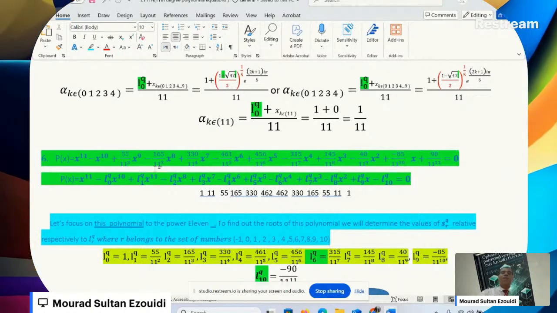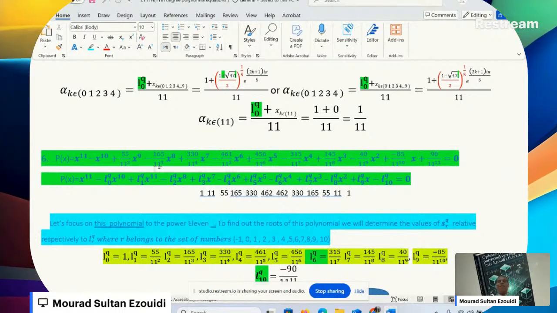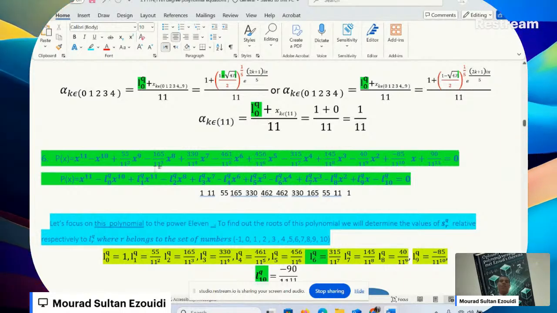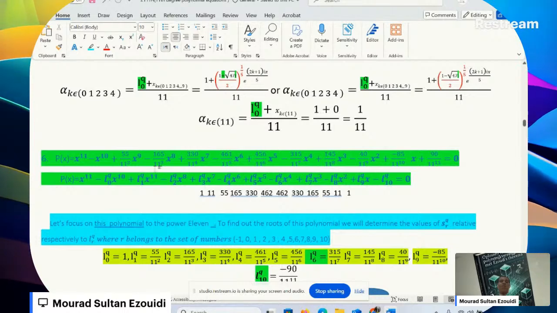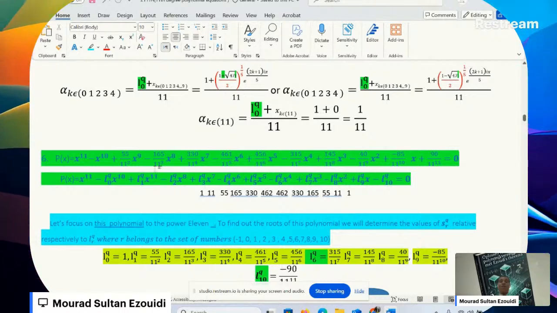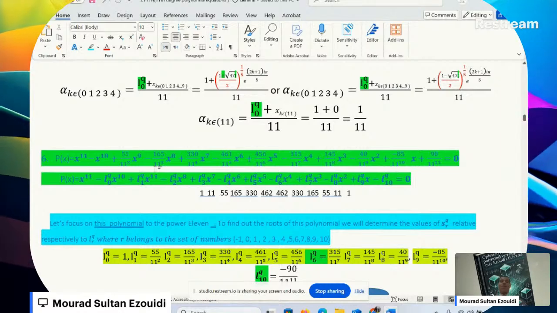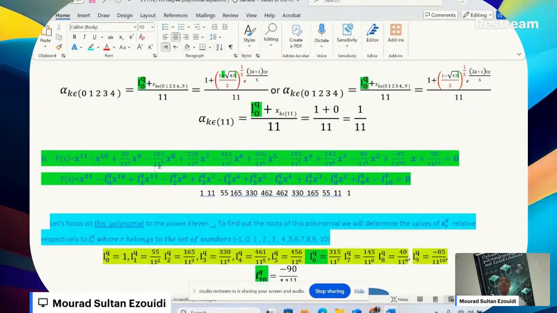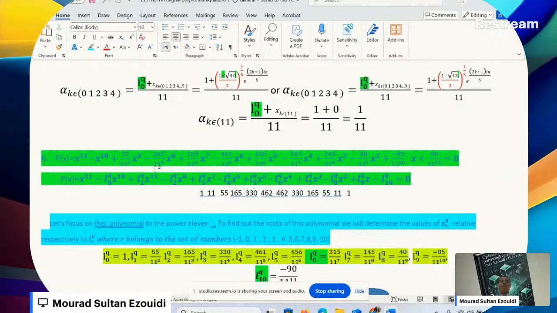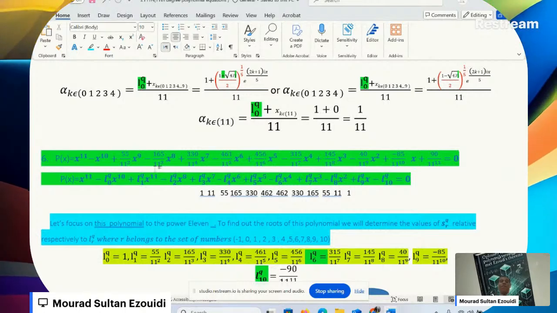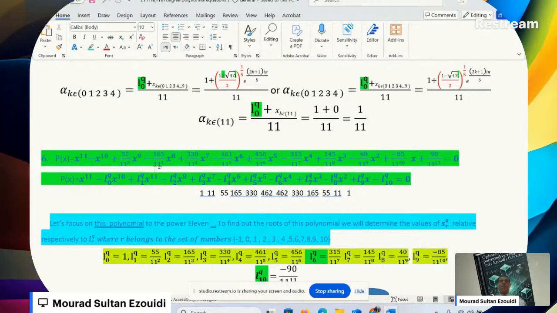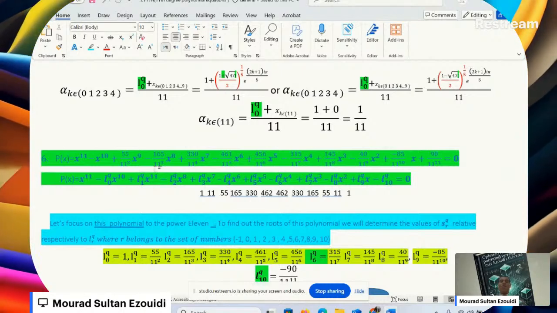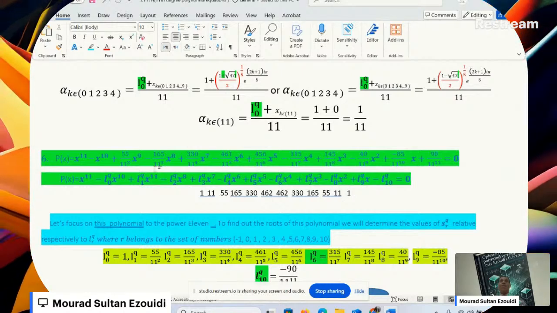And colleagues, try to solve with your Professor Mourad Sultan Ezouidi, the researcher in the field of mastering the solution of n-dimensional equations, and the professor in the field of mastering the solution of nth degree linear equations, so that you will be 100% persuaded and convinced that classical methods now are obsolete.